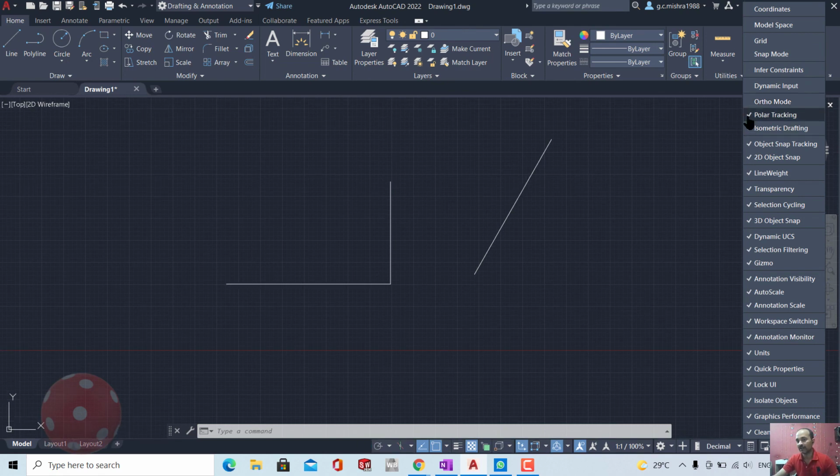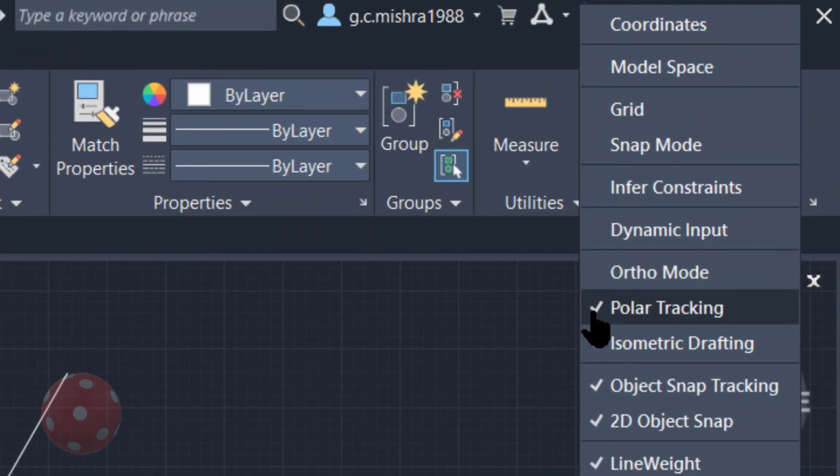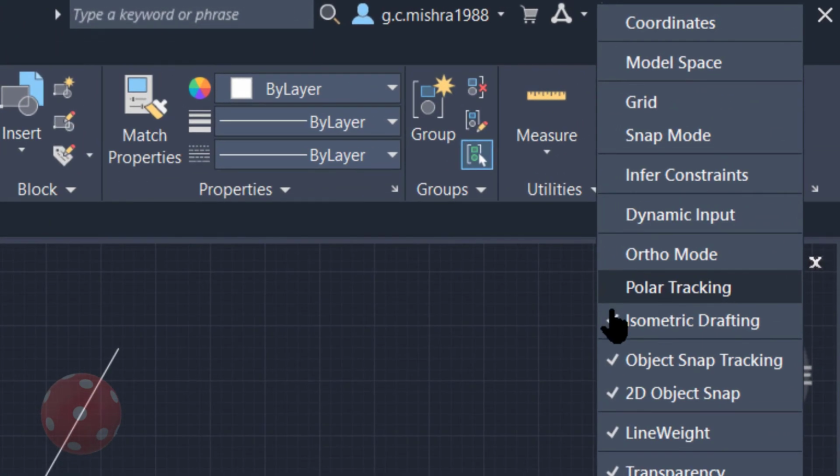And the second one is polar tracking. Polar tracking is required when we are creating some angles and most of the time it is not needed. So I will turn off polar tracking, and I will tell you about this when we will be creating some angles. The next one is isometric drafting.